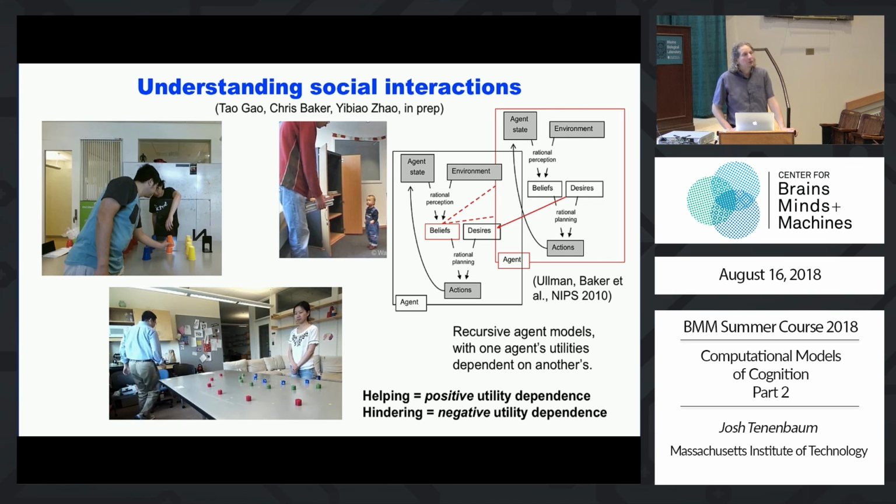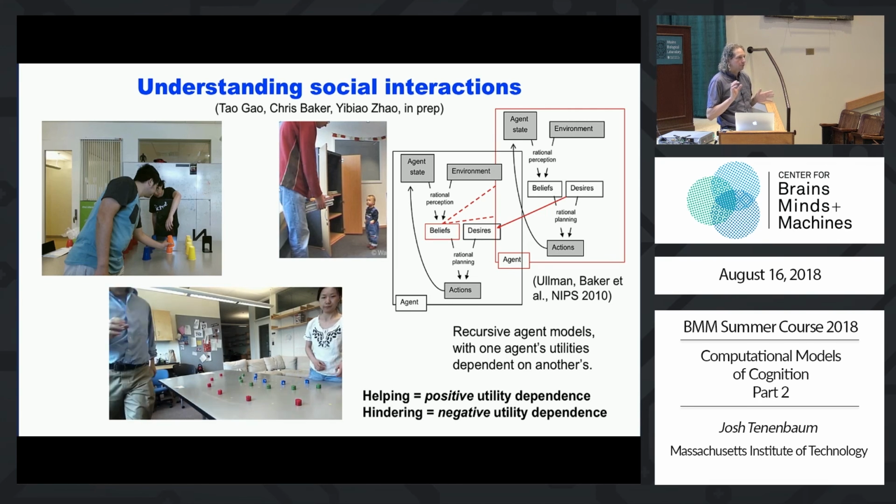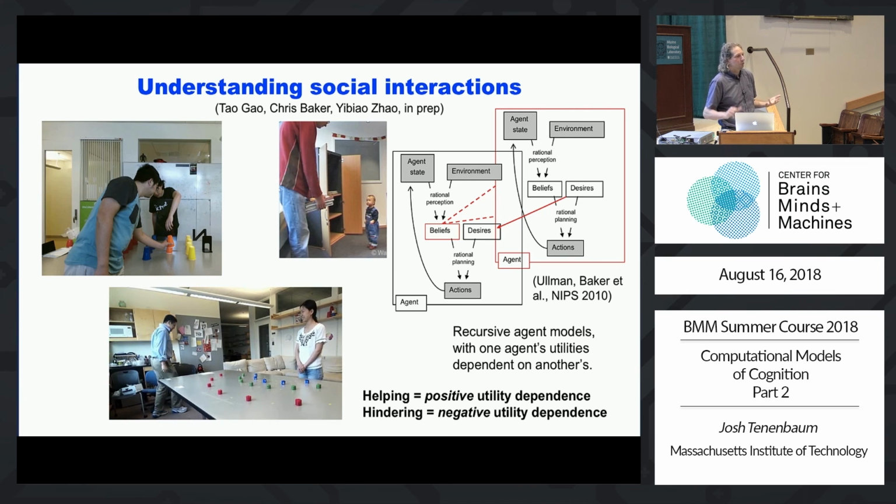Okay. So the way we model that, we can model that too by saying that we have these models, these planning models, these utility theoretic planning models, but they now have these recursively interdefined utility functions. So we say helping is something like an agent is helping another one if the first agent acts as if it appears that its expected utility is a positive function of its expectation about the other agent's expected utility. Okay, that sounds complicated, but it's not that complicated, right?